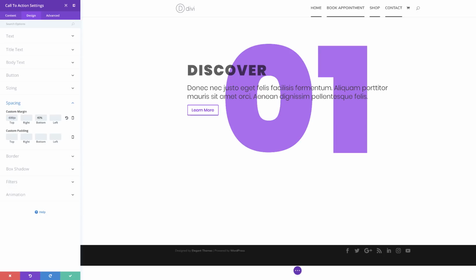Now the reason why we set the margin with a pixel value is because we wanted to limit the movement of the module when adjusting the browser width. So the bottom is set to 40% in order to keep the bottom section from overlapping the row that holds this module. Okay, so now that we have all our information on our page, let's go ahead and make our